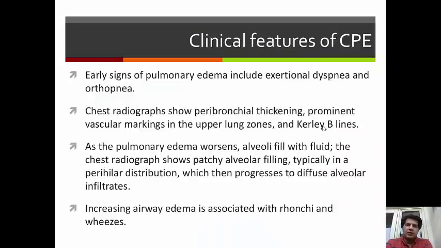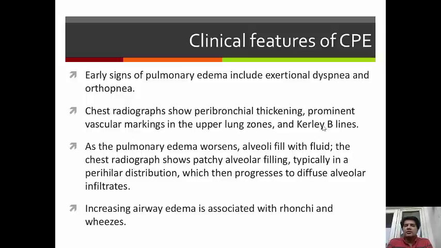So, clinical features of cardiogenic pulmonary edema. Obviously it will start with exertional dyspnea and orthopnea. On chest X-ray, you will have increased vascular markings in the upper lung zone and Kerley B lines. So why increased vascular markings in the upper lung zone? Generally your vascular markings are a bit more prominent in the lower zones, right? Why? Because of gravity, all the vessels drain towards the bottom. But here pressure is increased throughout, so even in the upper lung zones the vessels will start